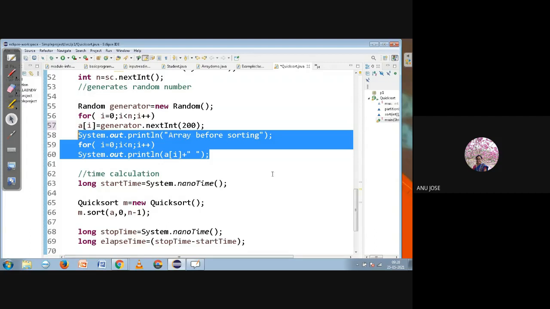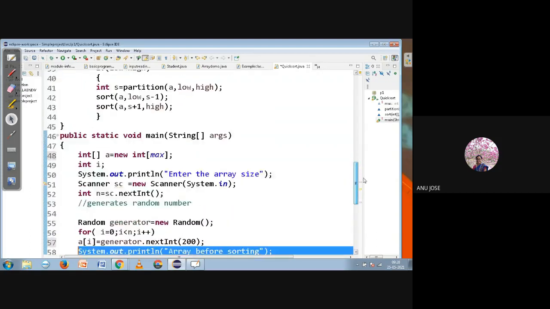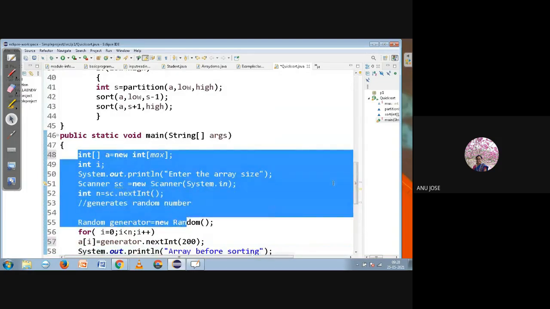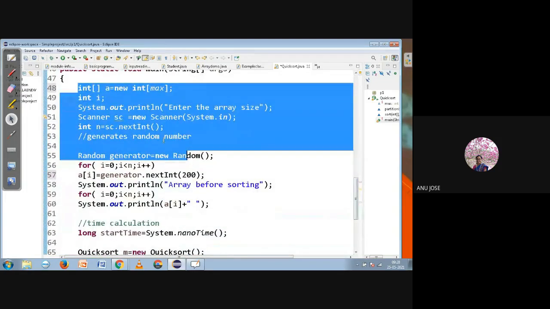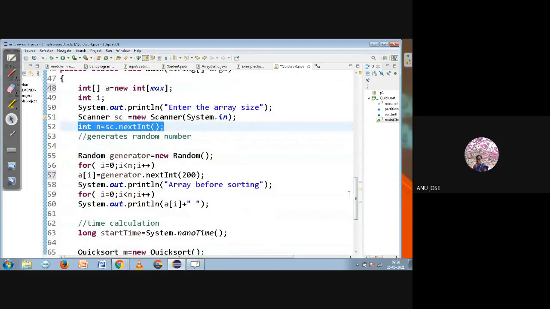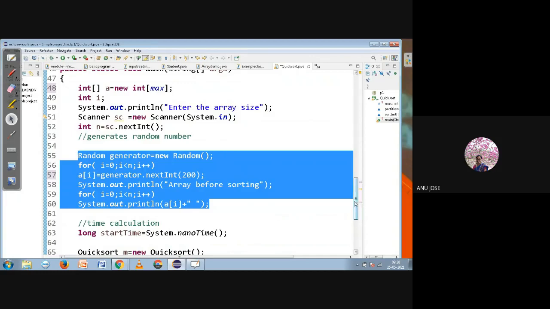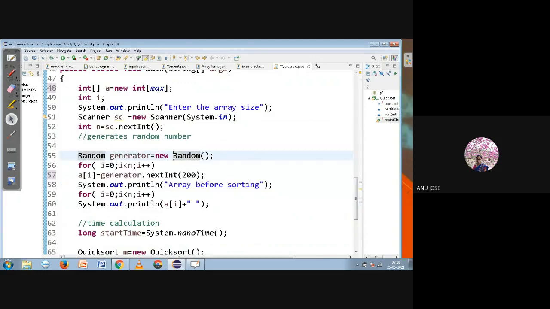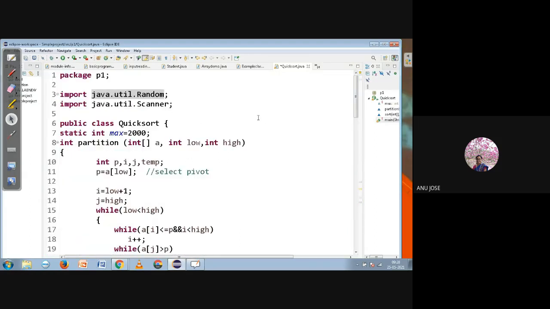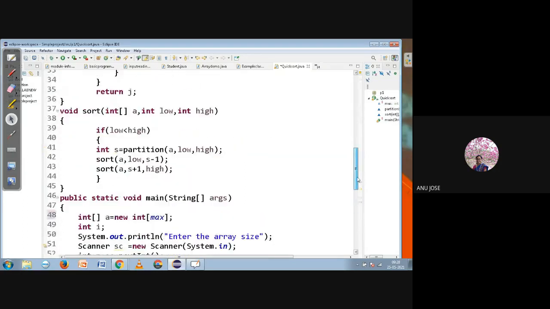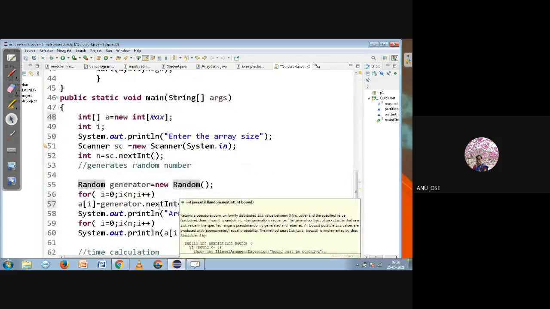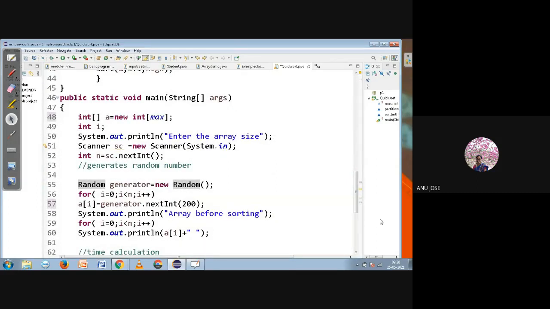So this much is just input collection. Here the array has been created, and how many integers I want to use, that value n I have read from the user. Then the values we kept in the array are random values we have generated. Random is a predefined class present in the utility package, so we imported it, created the object of it, and called the nextInt function to get an integer value in that particular range, and then the elements were printed before sorting.